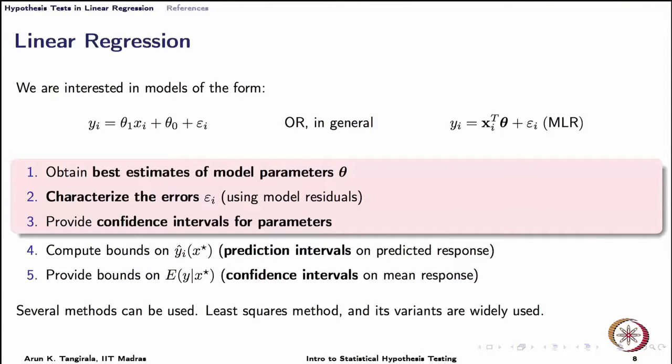Now, here what we mean by confidence intervals for parameters is, assume that now the truth also evolves in this way. Let us say, for the sake of discussion, that the truth is also linear, and what we have with us are the estimates of those true parameters theta 1 and theta naught, and now we want to provide confidence intervals for those true values from the obtained estimates.